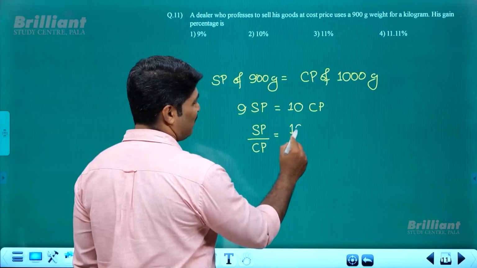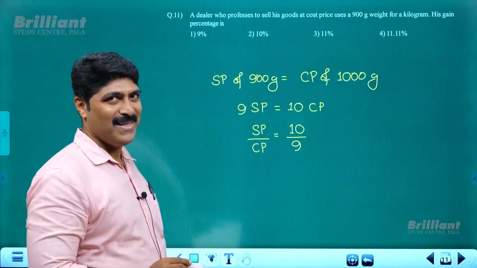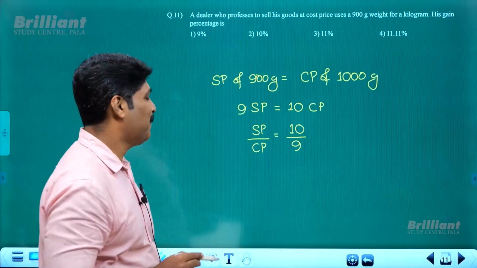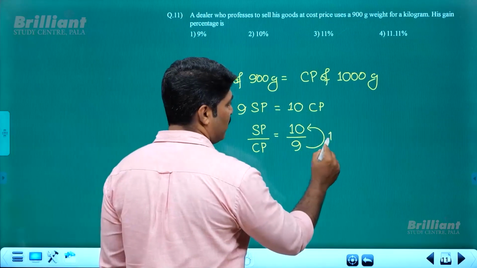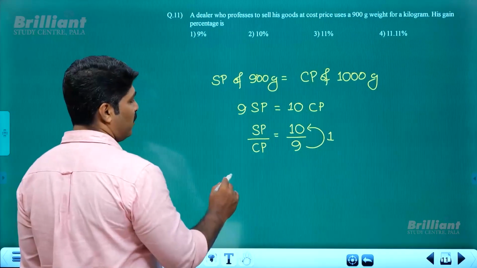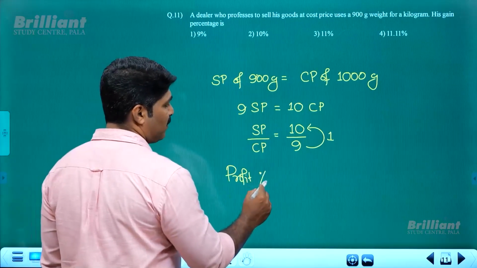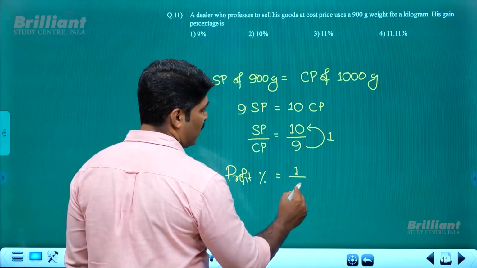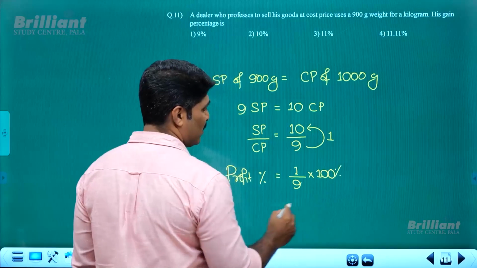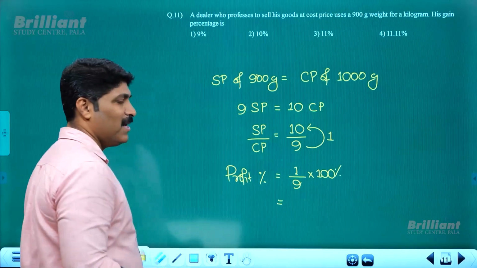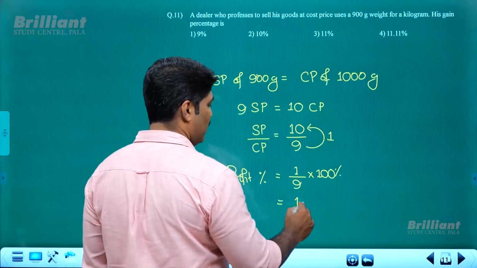So it's quite simple. This is 10 by 9. Is it easy? An interesting kind of approach also. What is the profit here? So here profit is 1 out of 9 into 100. So that is profit percentage. Profit percentage, that is 1 by 9 into 100. So this much percentage. And it's also a quite familiar value. 1 by 9 into 100 percentage, that is equal to